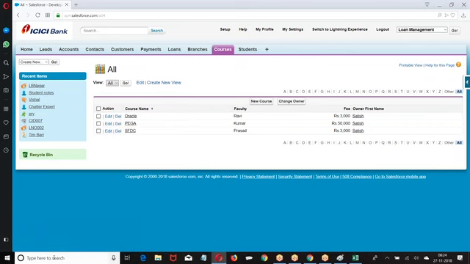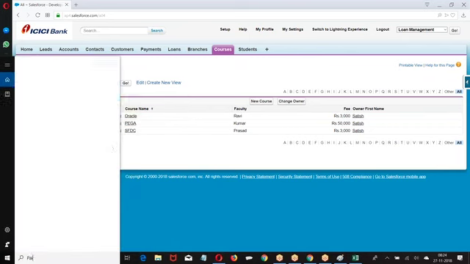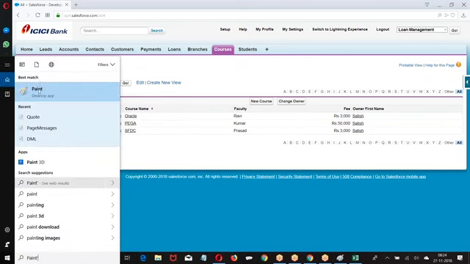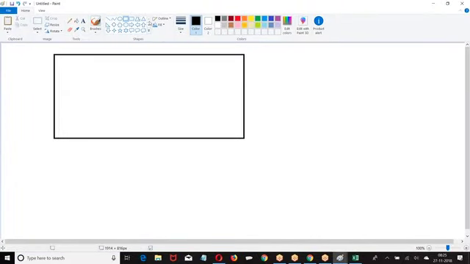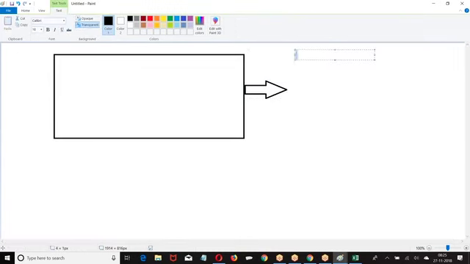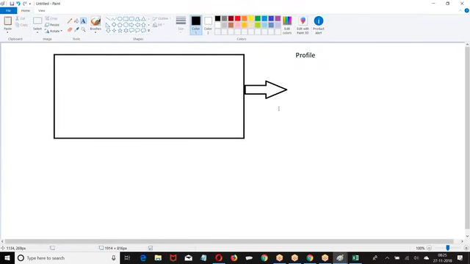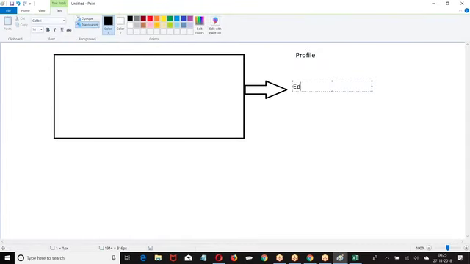Now when I say profile, on this table what you can perform. It is not saying about the records in the table. Profile is saying on this object can I perform edit or delete.